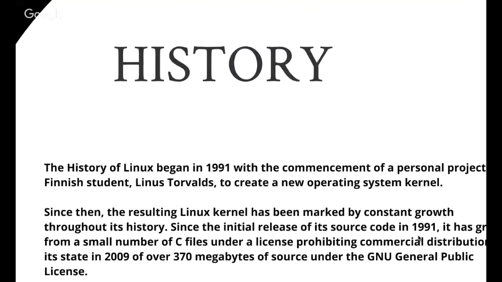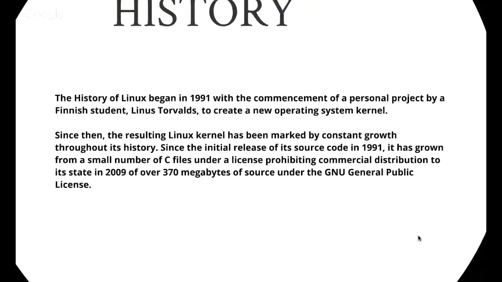All right. So Linux actually did not begin until 91 with the commencement of a personal project from a Finnish student, Linus Torvalds, to create a new operating system kernel. And since then, the resulting Linux kernel has been marked by constant growth throughout its history.